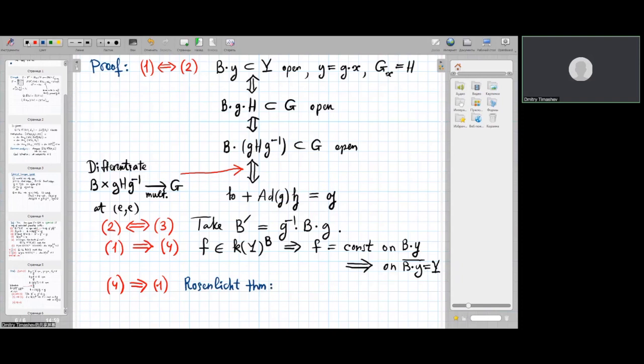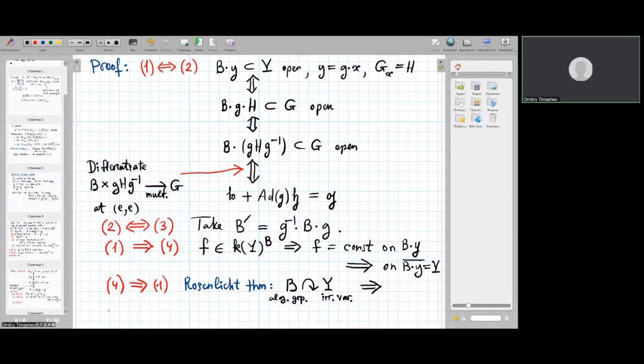The Rosenlicht theorem says, it is more general than our situation. It says that if you are given an action of any algebraic group B on any irreducible algebraic variety Y, so Y is any irreducible variety, and B is any algebraic group acting on Y. I do not assume that Y is a homogeneous space for some bigger group. I do not assume that B is solvable or connected, nothing. I only assume that Y is irreducible. Then under these assumptions,